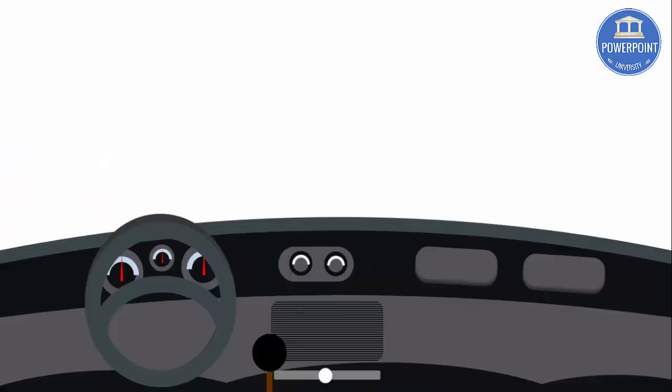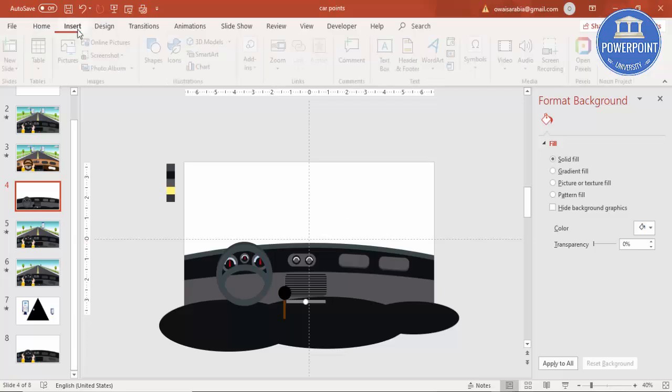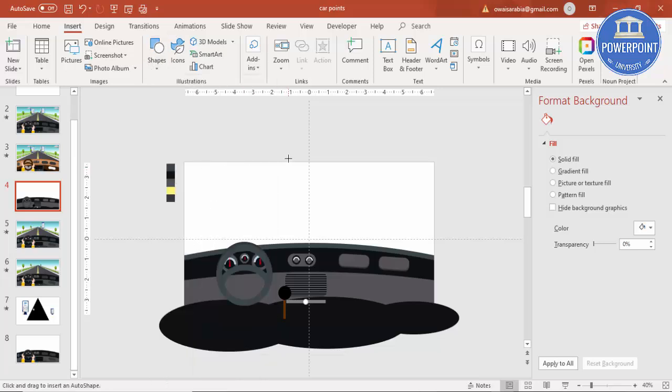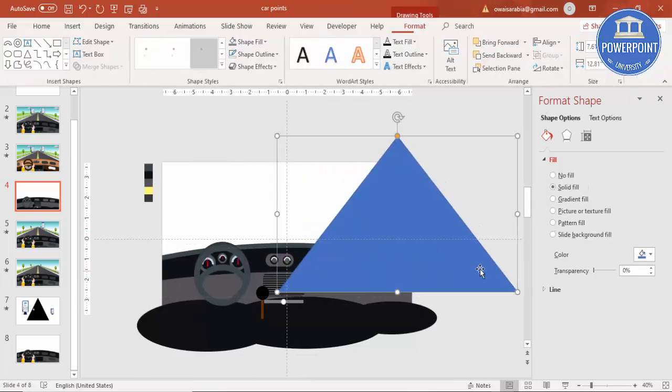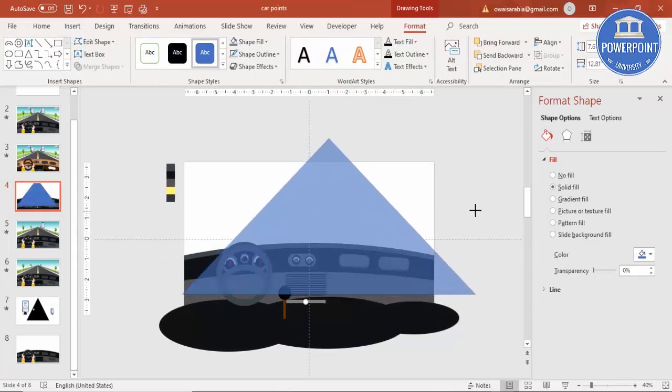Now if you see here, this is how it looks. Now we have almost done with this one. Then we can add some hands, but that is going to take more time. And so let's draw the road part now. The first part is I'm going to draw the road. Go to insert, shapes, select a triangle, draw the triangle, a bigger one, it should be covering the whole slide like this,